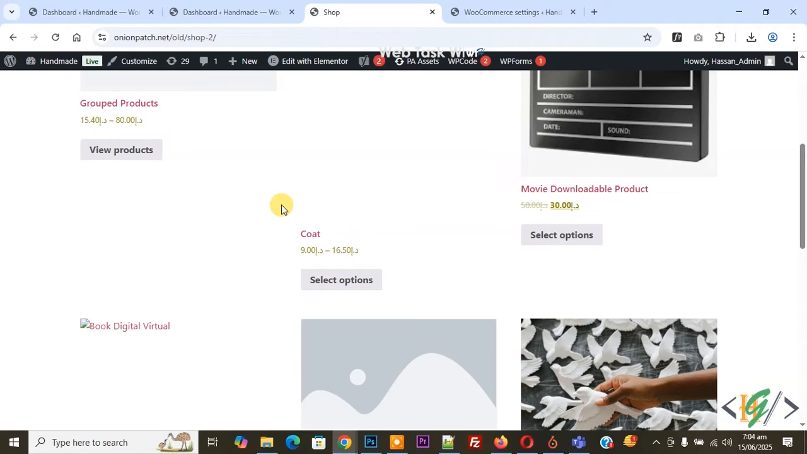Bismillahirrahmanirrahim. Assalamu alaikum. My name is Hassan and today we are going to change the UAE currency symbol in WooCommerce WordPress